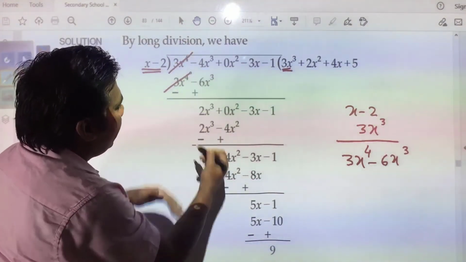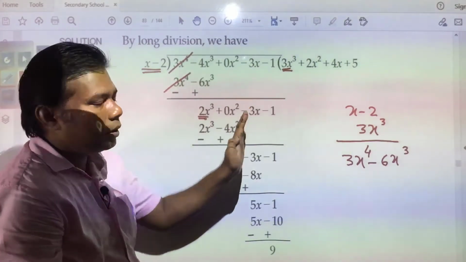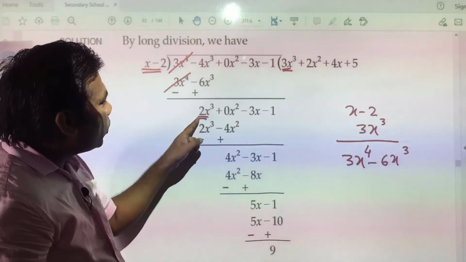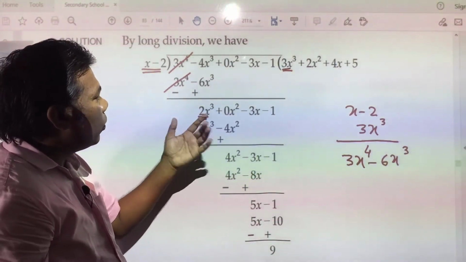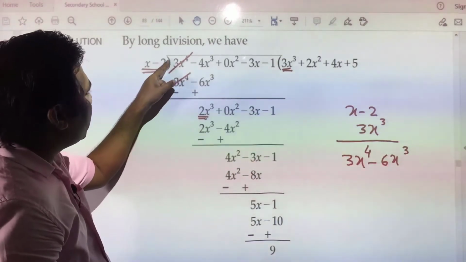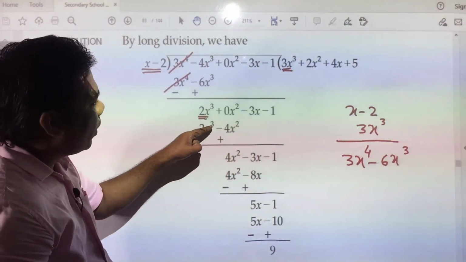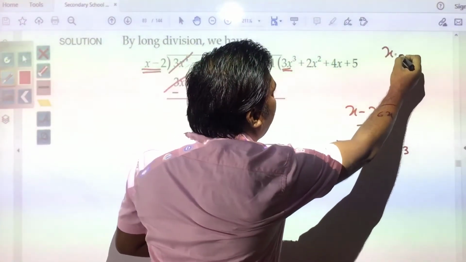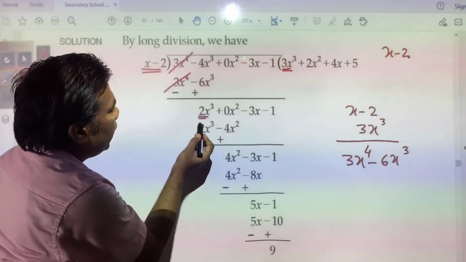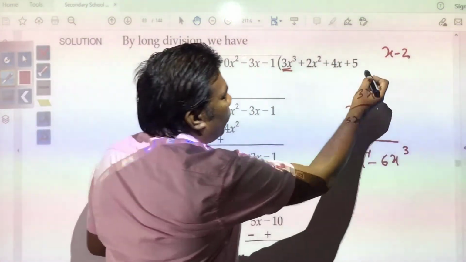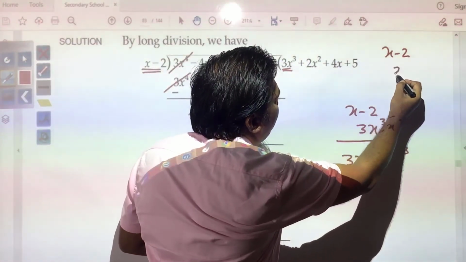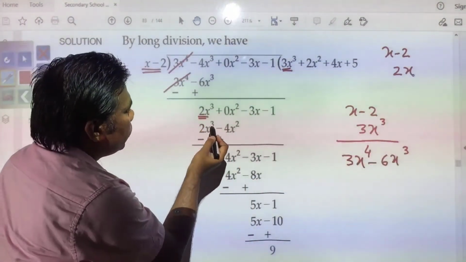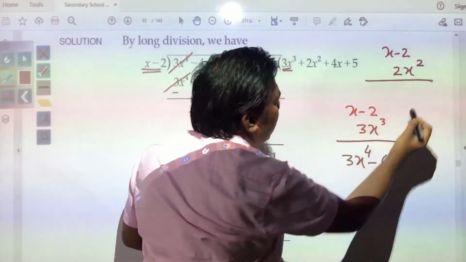Now we will proceed with the same thing by eliminating the terms. Here you have now 2x to the power 3. For getting 2x to the power 3, what do we need to do? We need to think by which number this should be multiplied so that we get 2x to the power 3. Here again the same thing is required to be applied, x minus 2 you have. Now we need to think how we will get 2x cube. For getting 2x cube, again we need to multiply by 2, so that 2x you will get, and x cube you need to get. So x square will be required to be multiplied.